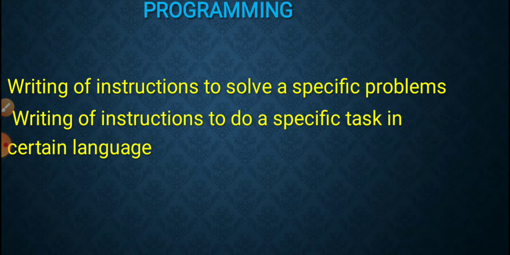What is your everyday program? You will wake up in the morning, you will brush your teeth, you will take bath, finish your breakfast, then you will get ready to school, you will learn the subjects, then after finishing school again you will be back to home, you will play for some time, and then you will complete your homeworks.